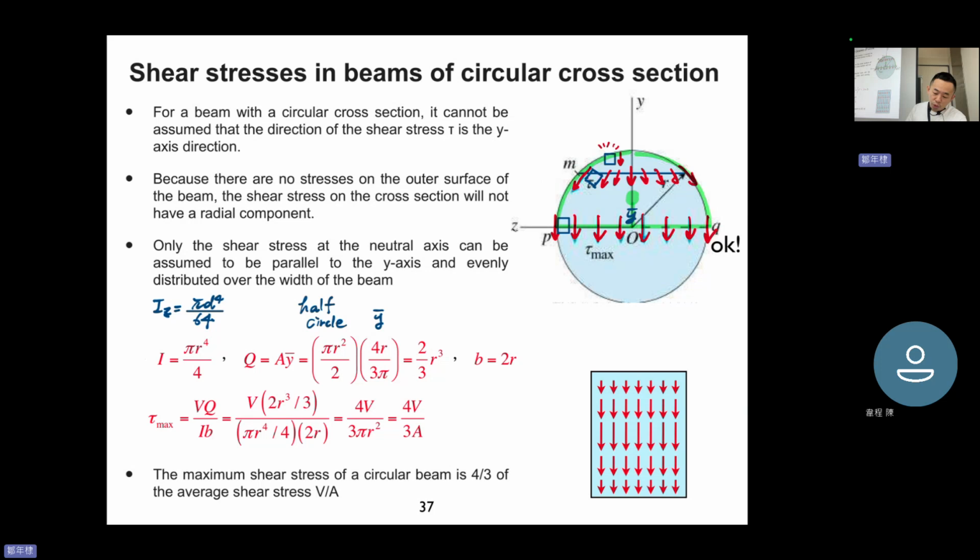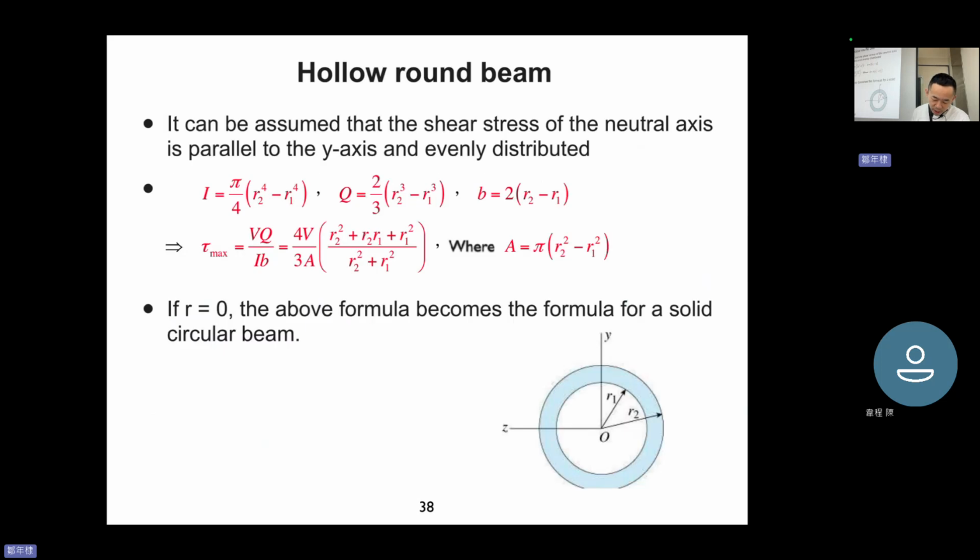Then, if you want to do the hollow round beam, it's very similar. Okay, hollow round beam, I just take the original I minus the empty part. Okay, again, so you see R1, just subtract them, and you can get a more complicated result. And the shape of the